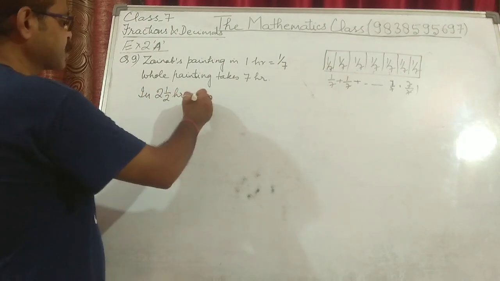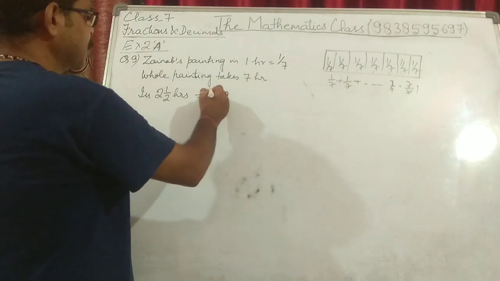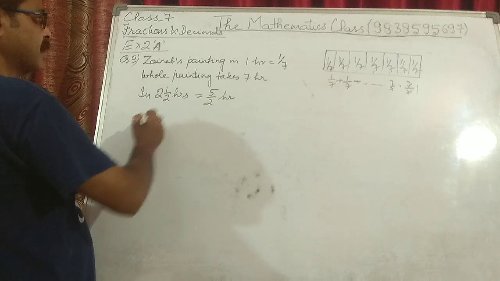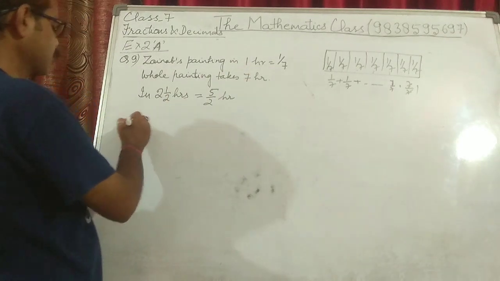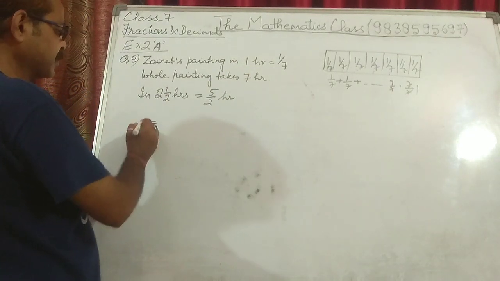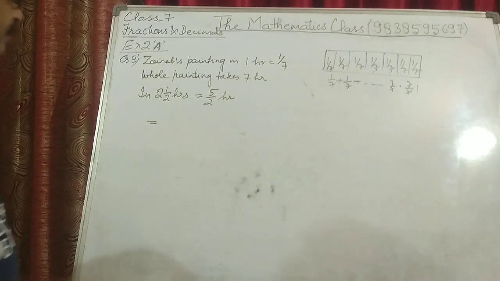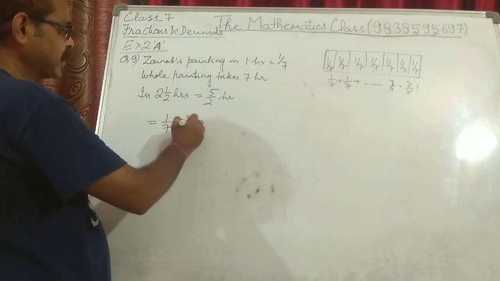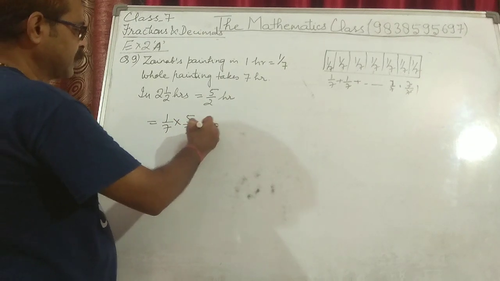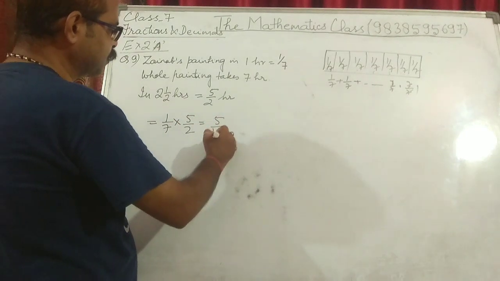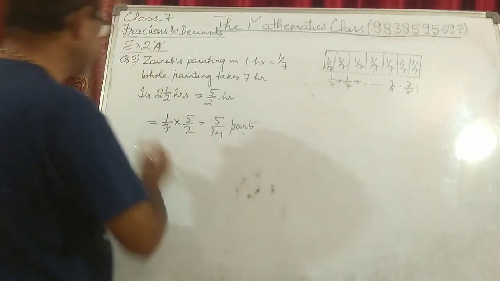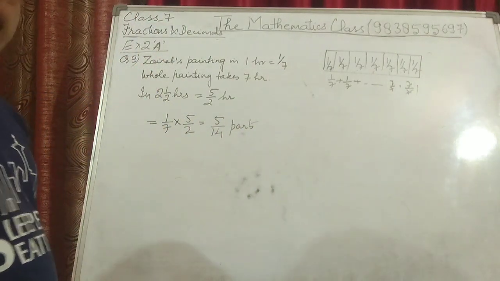Now 2.5 hours means 2 2s are 4, 1, 5/2 hours. So she completes 1/7th of the painting in 1 hour, so in 5/2 hours, that will be